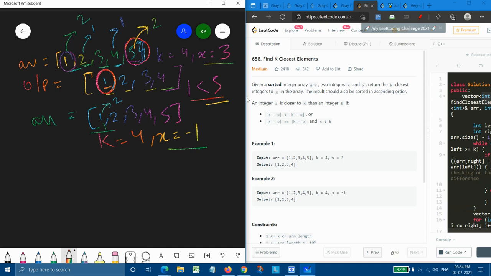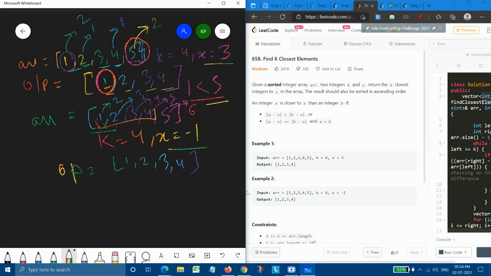Minus 1 and 2, as we need to take the absolute, that's why it is 2 rather than minus 2. Then 2 and minus 1 will be simply 3, and then 3 and minus 1, 4. 4 and minus 1, 5. And 5 and minus 1 will be 6. So next thing is that we need to choose the first 4 elements. So that's why we are choosing these, and the answer will be simply again 1, 2, 3 and 4.